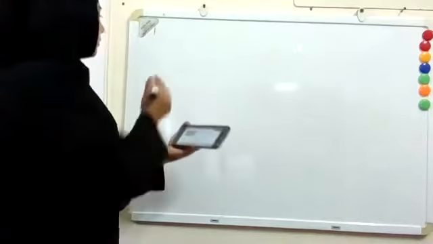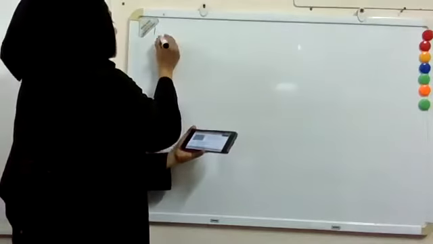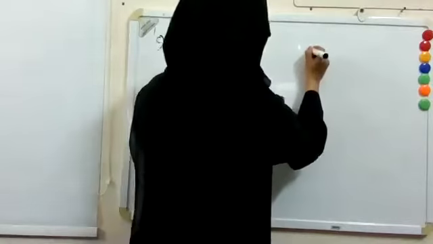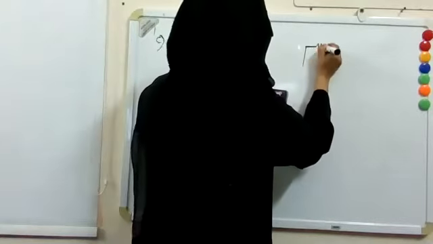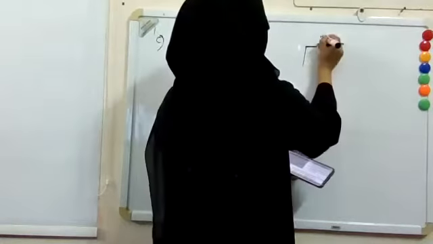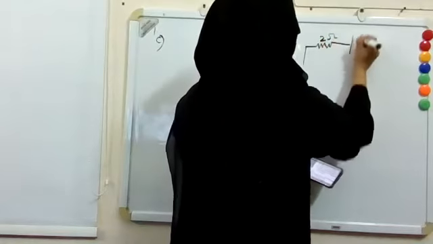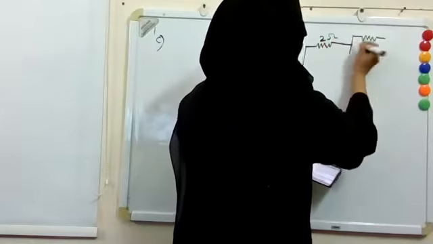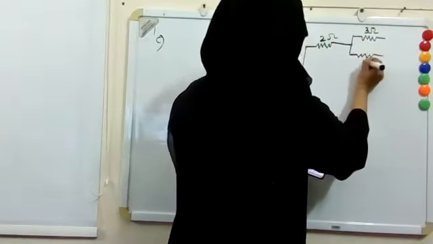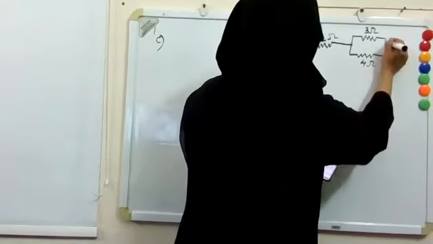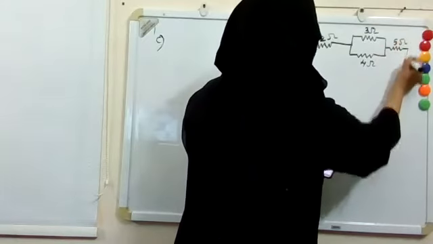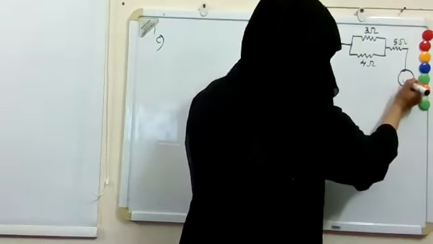Okay. So, question number 1C. There is a figure given. I'll draw the figure here. There were resistances of 2 ohm. Then there was a parallel connection here of 3 ohm and 4 ohm. And then it was connected to another 5 ohm. And there was an ammeter here.